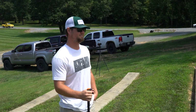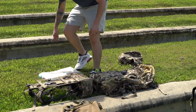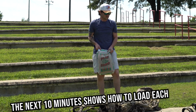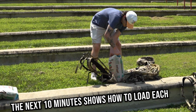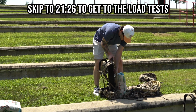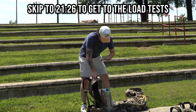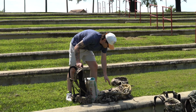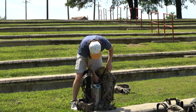Nico's probably going to do about 180. Frame opens up. This is 50 pounds. And this is pretty comparable to about what an elk shoulder is going to feel like boned out. So you're going to put it in your pack like this. The only difference I would say is the elk meat is going to be an odd shape, and that does play a component to this, but you kind of just fold it together